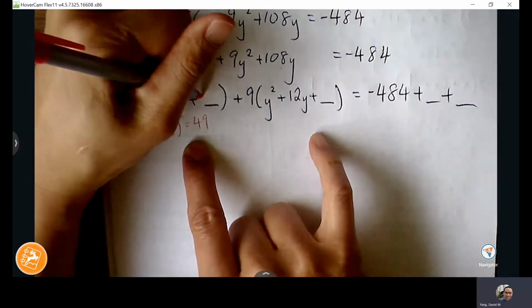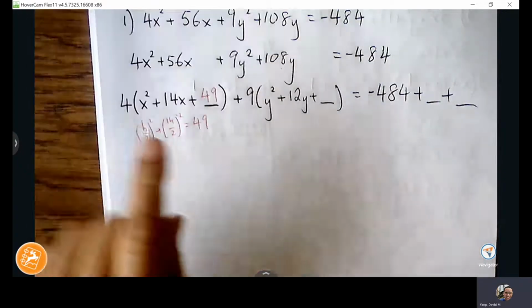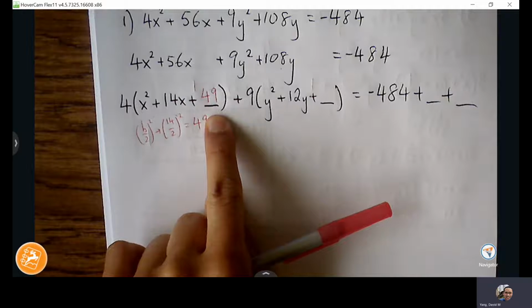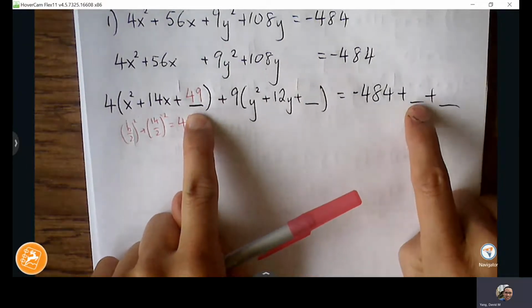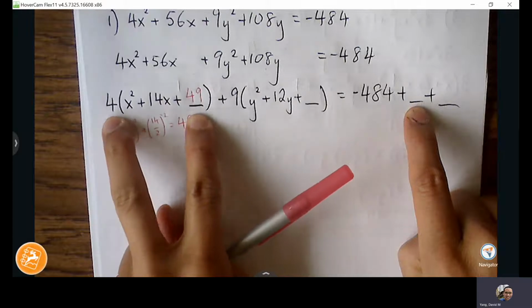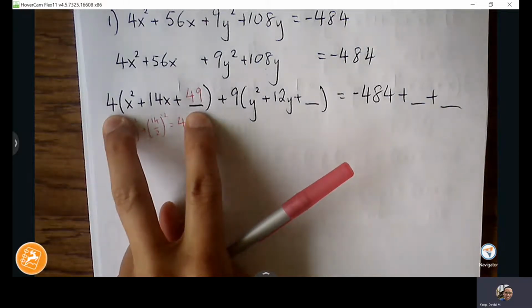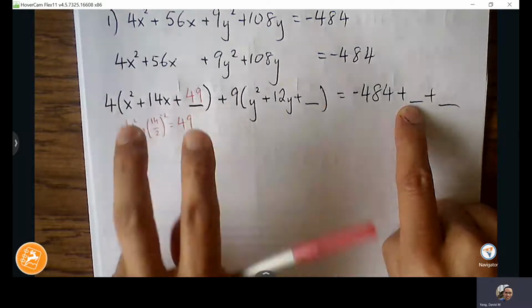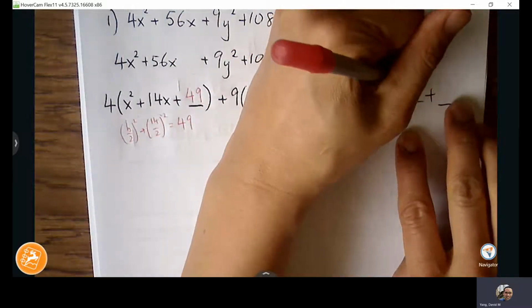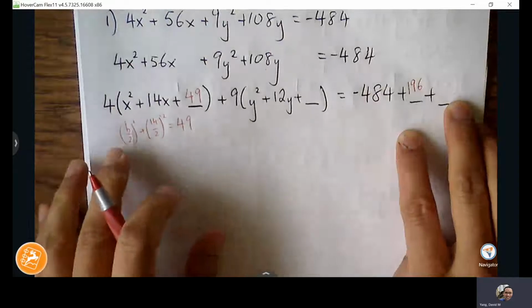Seven squared is 49, but we got to be careful. 49 is here, but it's inside a set of parentheses. We're not going to put 49 here, right? We're going to put what? Yeah, 49 times 4, 196. Does that make sense? Okay, so that's what's a little different with completing the square with ellipses,